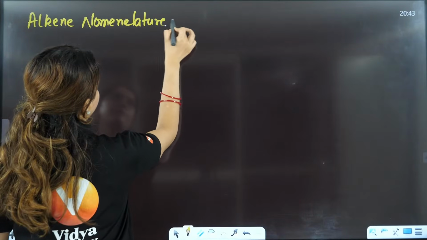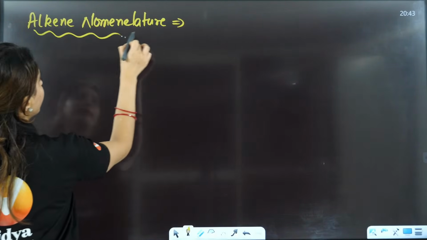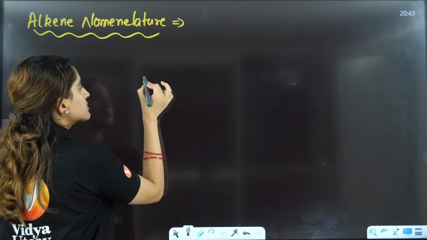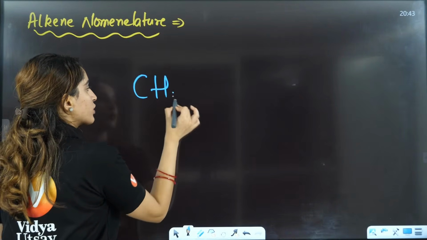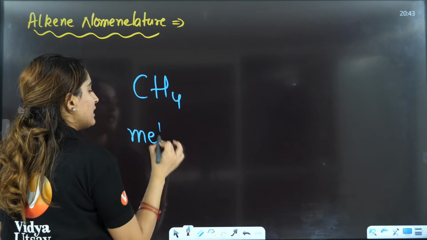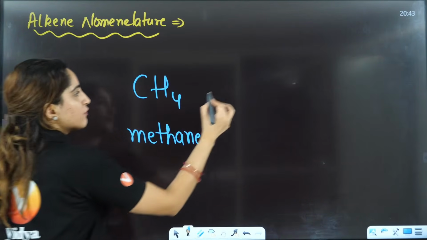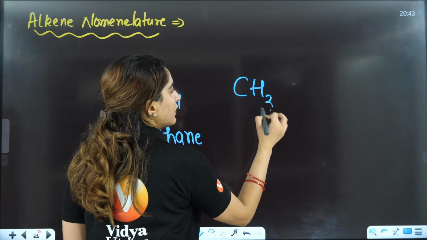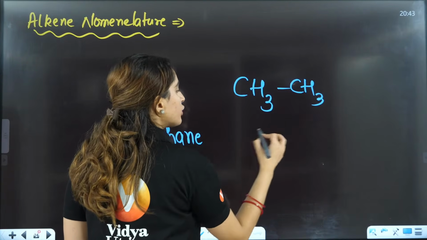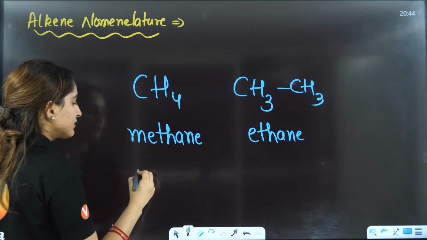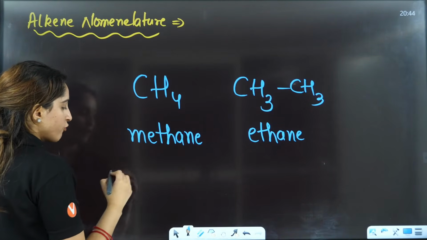Nomenclature. Now how do you write alkane nomenclature? Very simple. If this is CH4, you write it as methane. If you have two carbons, you write it as ethane. One thing is one carbon,